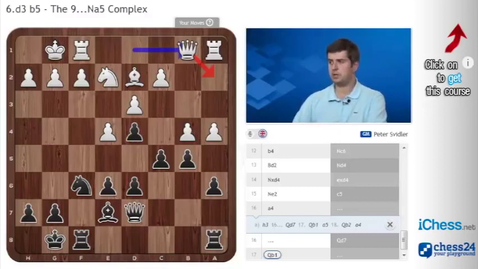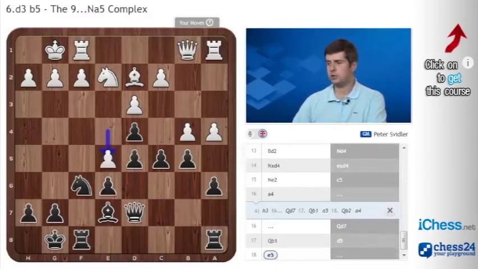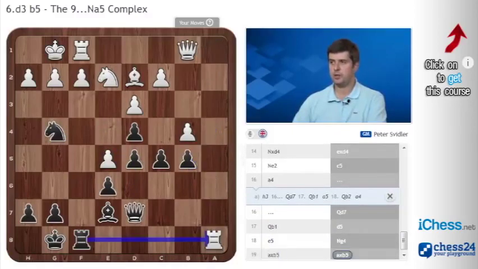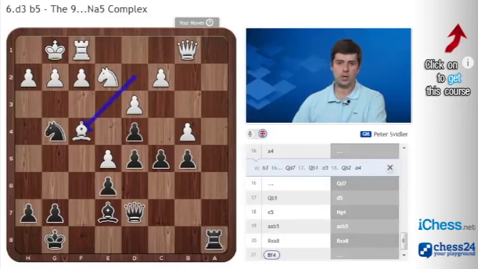And in this position, black more or less has to break through in the center by playing d5. And in the complications after e5, knight g4, a takes b5, which I think is the best move in this position. A takes, rook a8, bishop f4. Black seems to be holding on after g5,